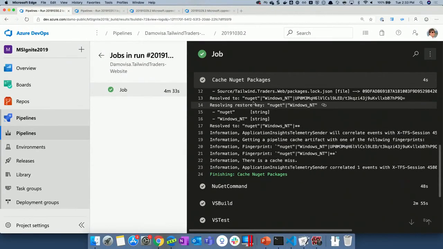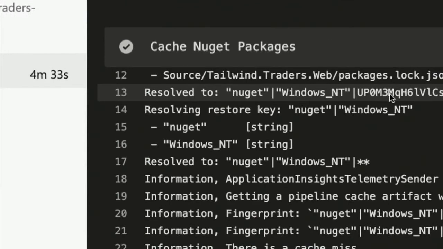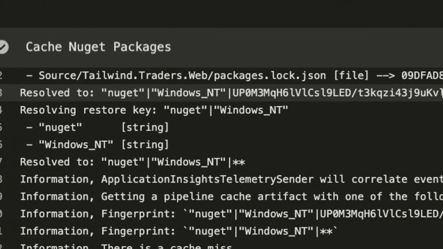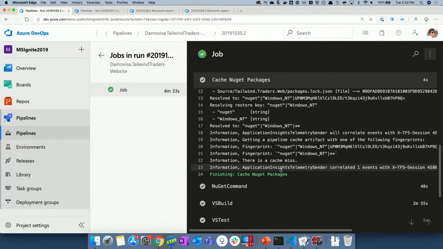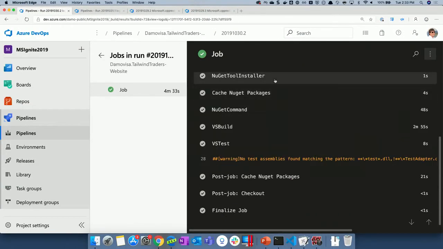The key, it's resolved that key, and so you might have seen these are pipe separated values. You can put whatever you want in here. If you reference a file though, it'll hash that file, which means if my packages.json or packages.lock.json changes, it'll give me a new hash, which means it'll give me a new key. So it's pretty well designed like that. This is a miss, so that didn't take very long, and the NuGet command here took 48 seconds.